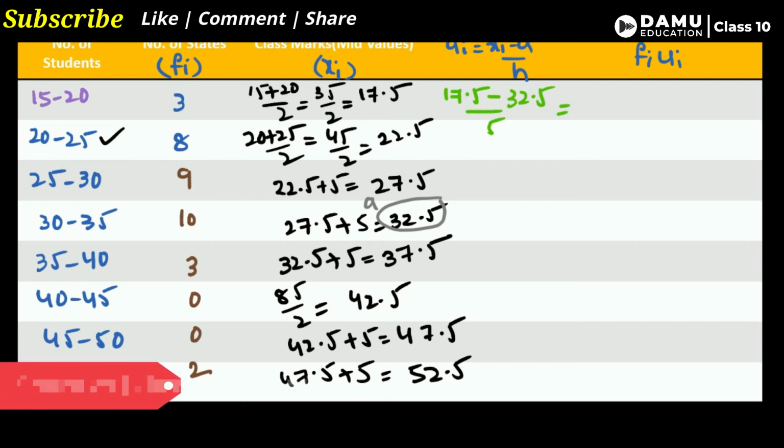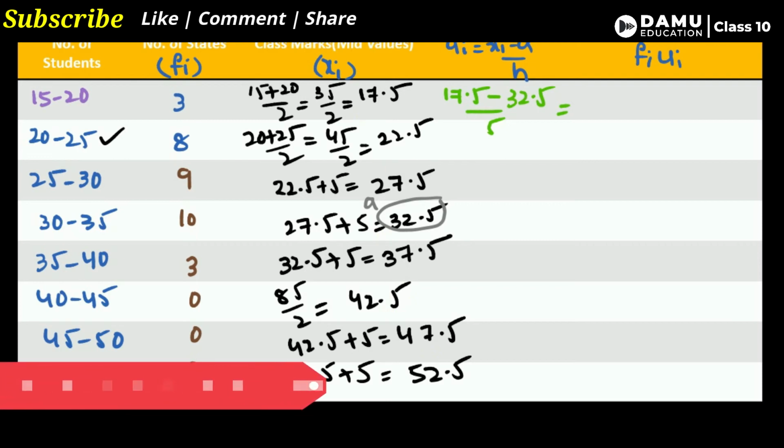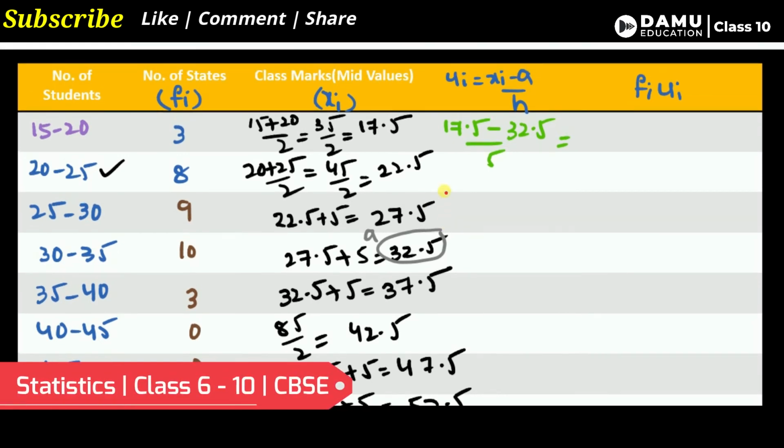So that is the way to take assumed mean. Let's find out this one. So 17.5, 13.5. So 32, what you can say here is 32 minus, simply subtract 32 minus 17. What answer we will get? 15. So 15 by 5. So here minus 15 by 5, you will get minus 3. So next value you can expect minus 2, minus 1, like that.